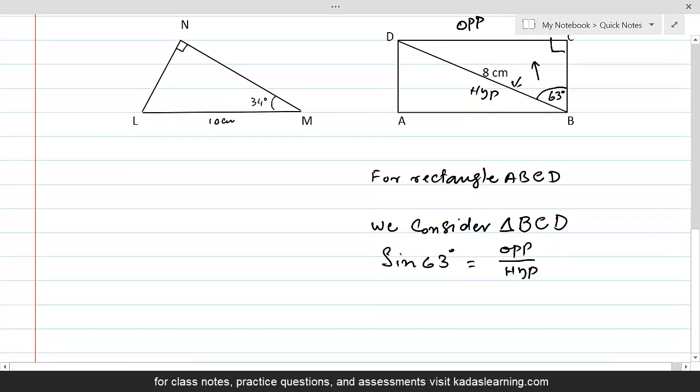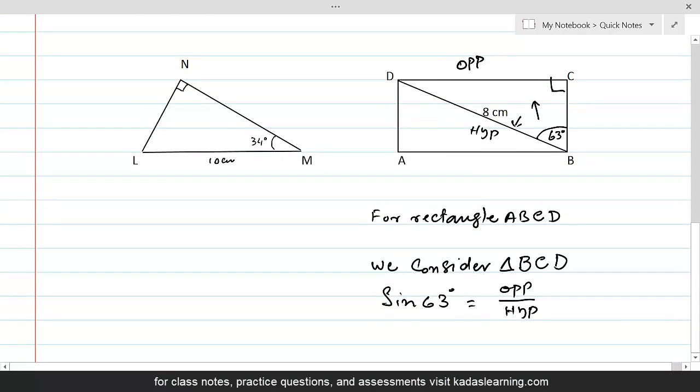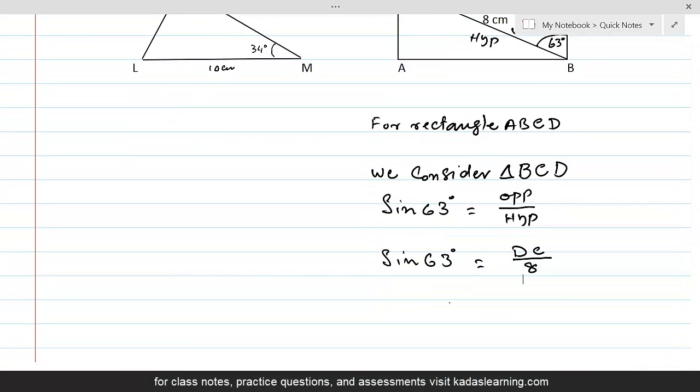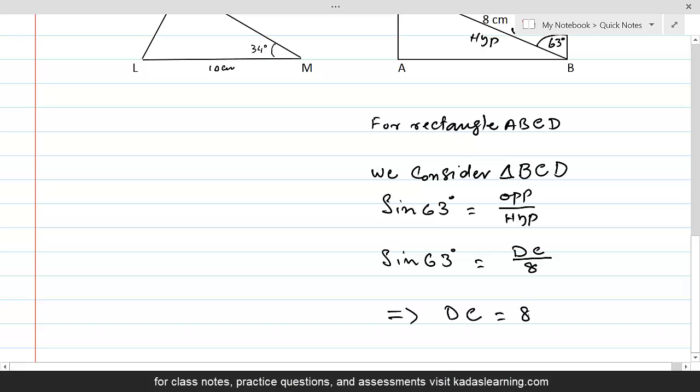And now opposite is side DC, therefore sine of 63 degree is equal to DC over 8 centimeter, because that's the hypotenuse. So from here we can get the value for DC. So this will give us DC is equal to 8 times